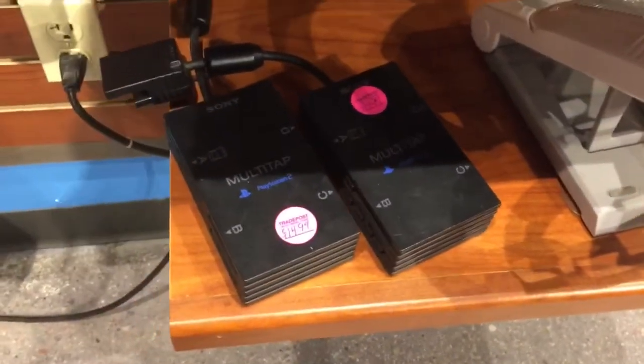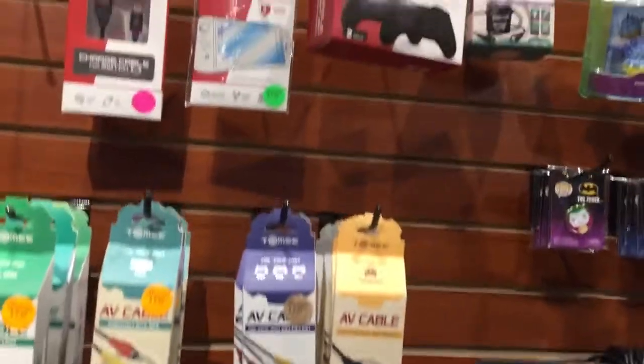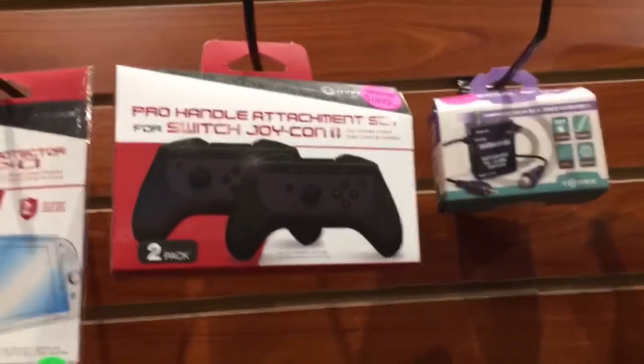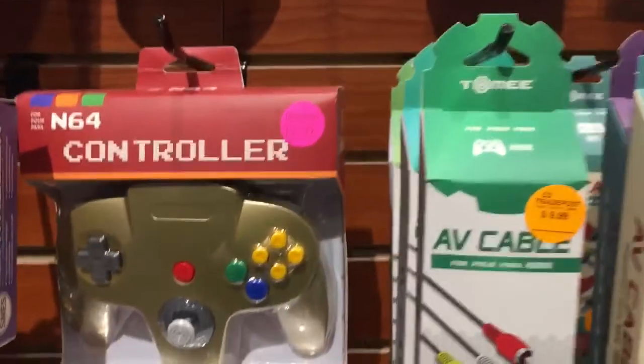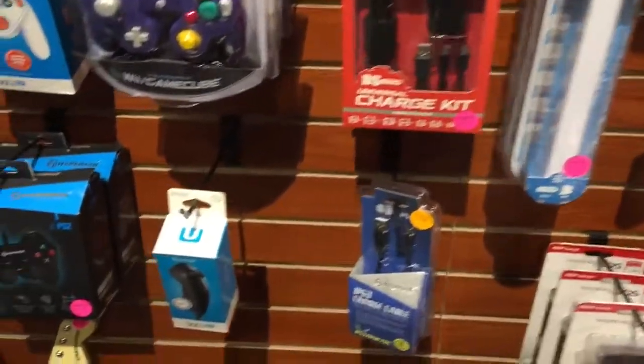You probably saw that video. Got some multi-taps there for PlayStation. That's always cool to see PS2 multi-taps. And we got some Switch accessories up here. Pro handles for your Joy-Cons. That's interesting. And I got a Hyperkin N64 controller for less than that through Amazon, but not faulting them for